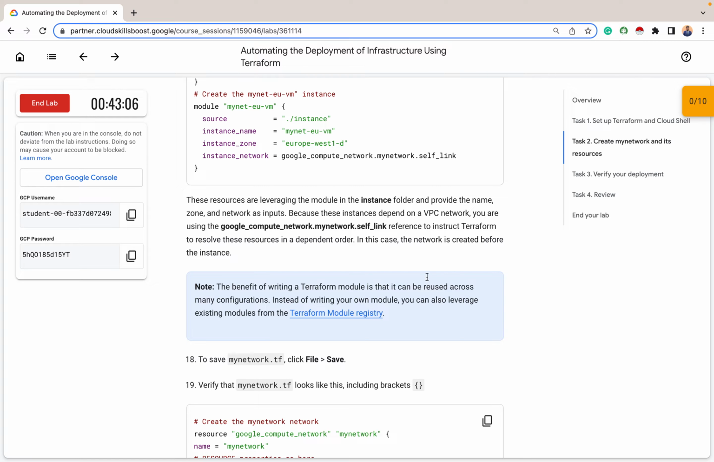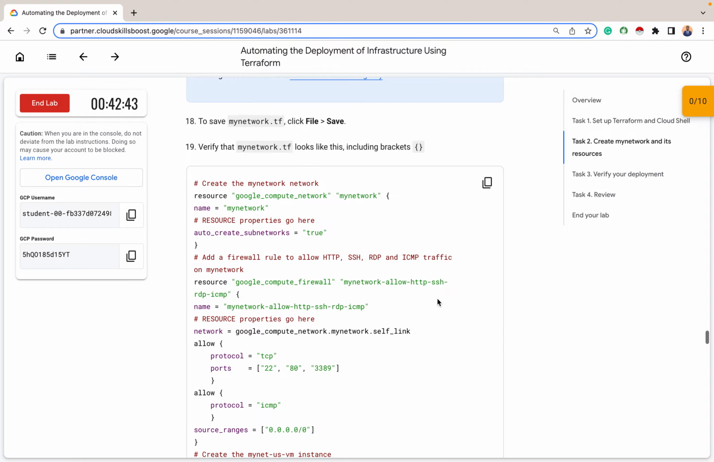You can take a look at this instruction here, but we've explained it before. The google_compute_network.mynetwork.self_link is just to instruct Terraform to configure the resources in a dependent order. That means create the network first before the instance. Yeah. So verify that